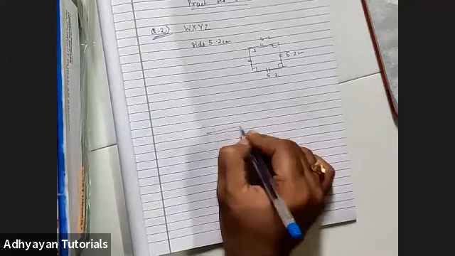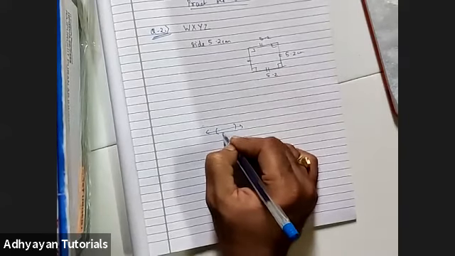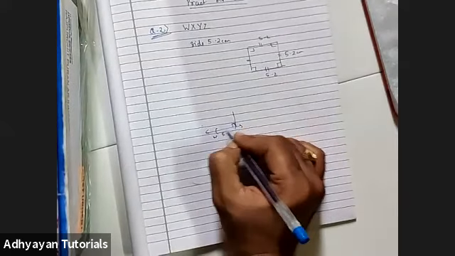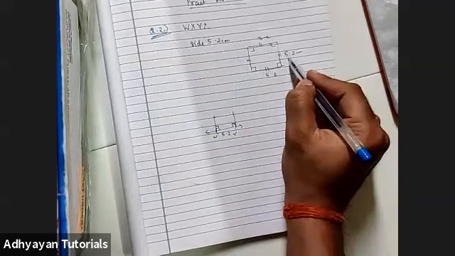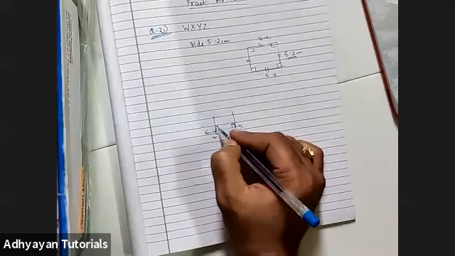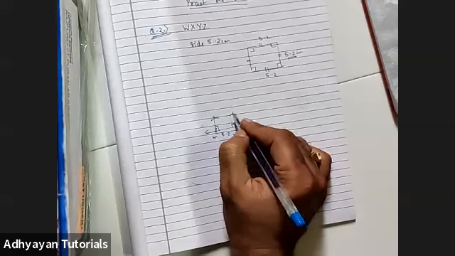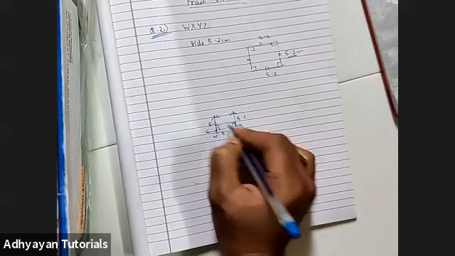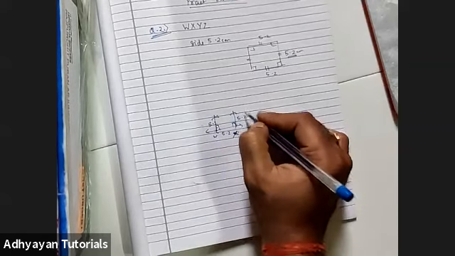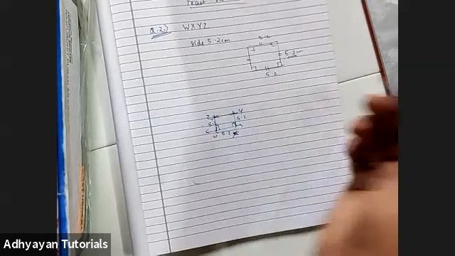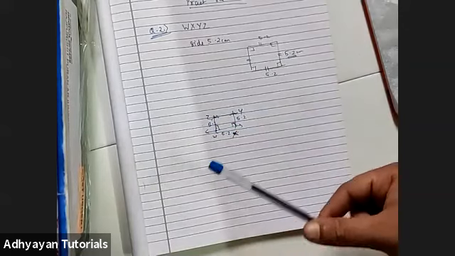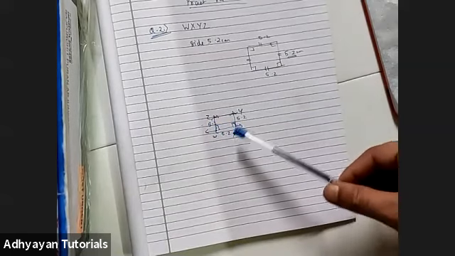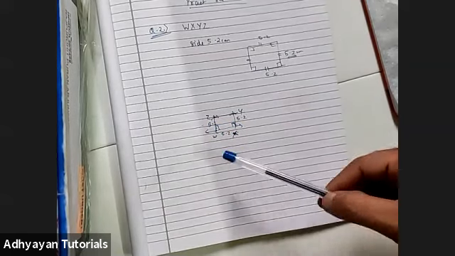So you just have to draw a random base of 5.2. You can call it WX if you want. Then draw 90 degrees from here and 90 degrees from here. You have to take 5.2 centimeter in the compass and draw arcs of 5.2 centimeter from here and from here, right? So this is also 5.2, this is also 5.2. So WX, this has to be Y, this has to be Z. You just connect YZ. That is how the square is to be drawn. I hope it is clear. So question 2 from practice set 8.2 will also be homework.